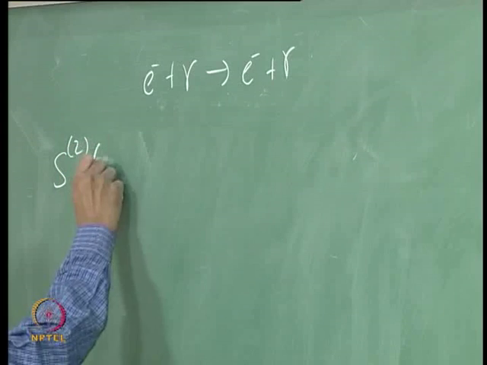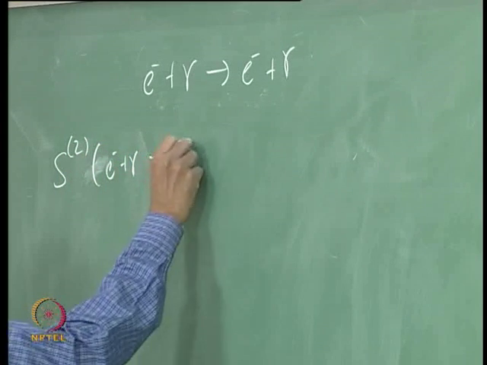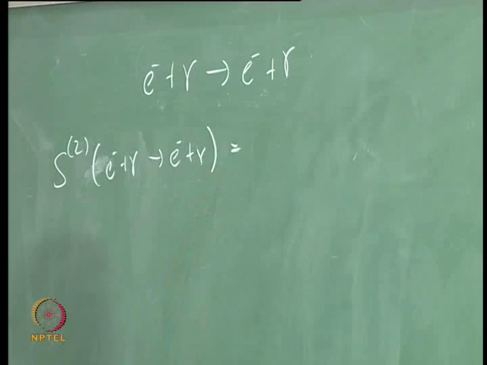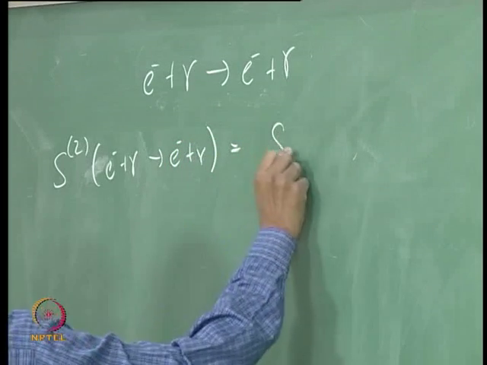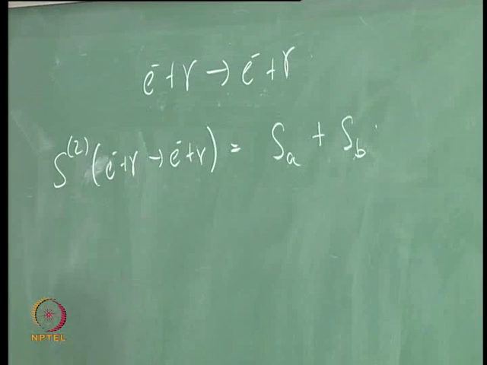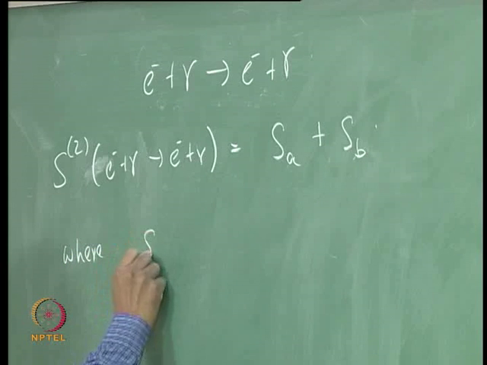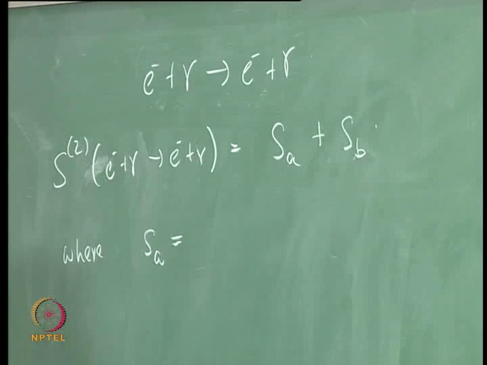So S₂ for e⁻ + γ going to e⁻ + γ has two terms which I will call S_A + S_B, where S_A is equal to